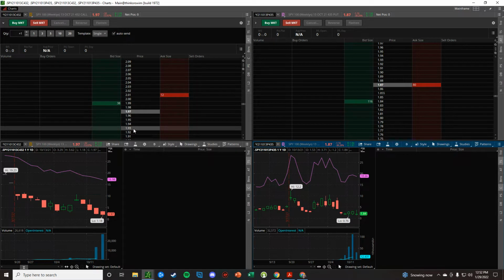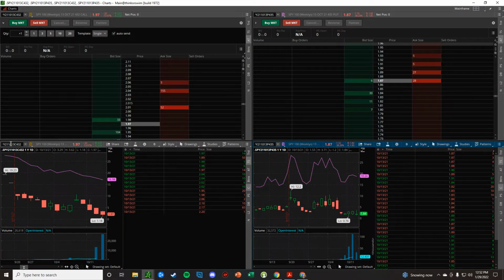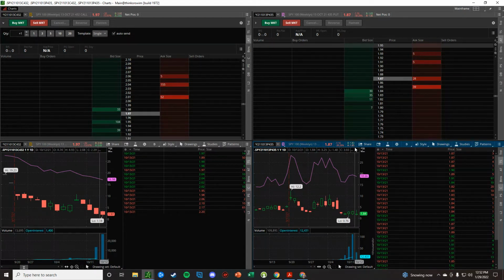Our active trader window is now showing us the option chain. Well, not the chain itself, but that specific option. You can see up here in the window, that's where it is. The puts, the calls. Then you can see that our chart is also going to represent the puts and the